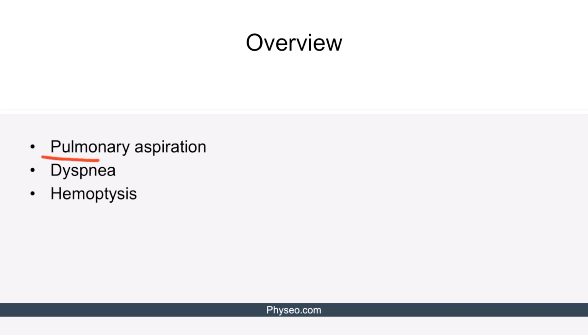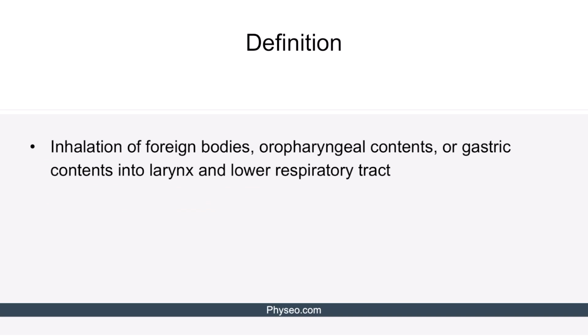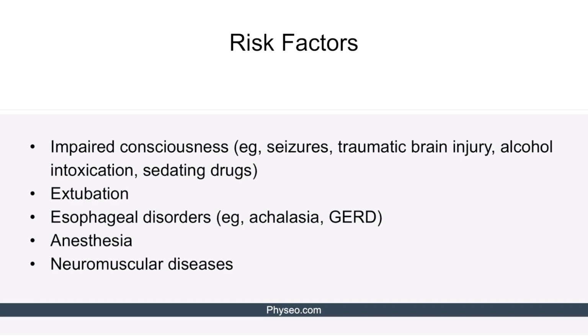Let's begin with pulmonary aspiration. In this section, we'll discuss definition, risk factors, clinical presentation, diagnosis, and treatment of pulmonary aspiration. Pulmonary aspiration is defined as the inhalation of foreign bodies, oropharyngeal contents or gastric contents, into the larynx and lower respiratory tract. Some of the factors that increase the risk of pulmonary aspiration include settings of impaired consciousness such as